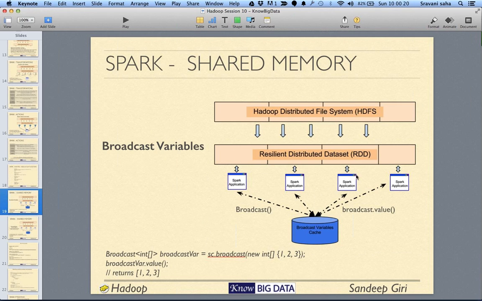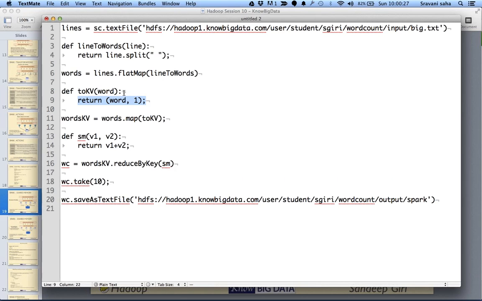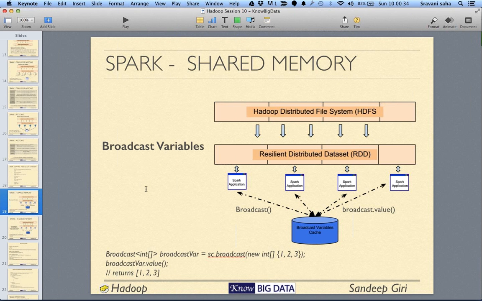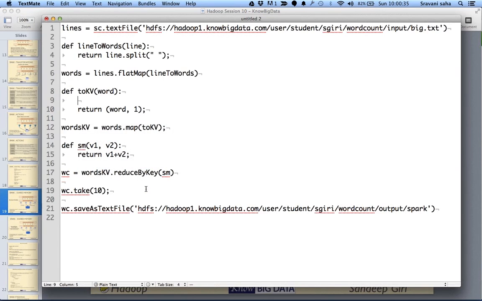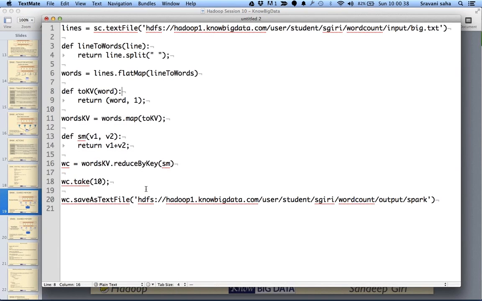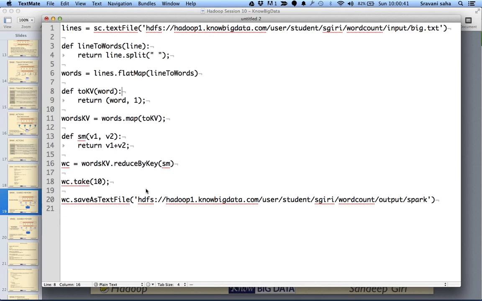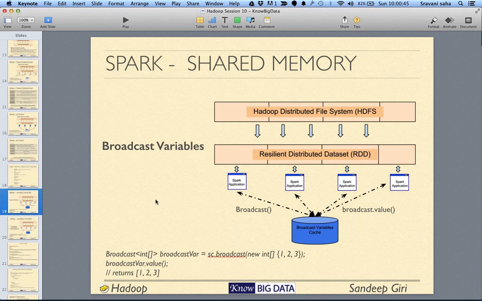Any node in the whole cluster can broadcast, and that variable will immediately be available to the whole cluster. So that is the role of a broadcast variable.